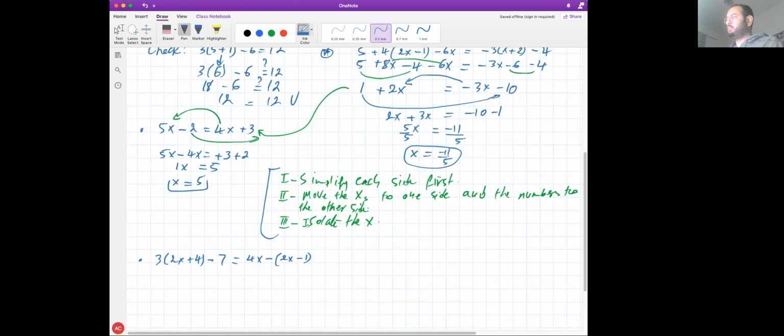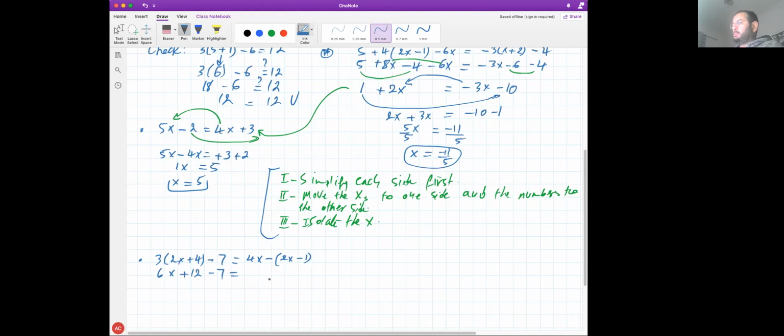So the first thing is to simplify each side. We're going to work on this by itself, work on this by itself. So distribution first. 6x plus 12 minus 7, and what exactly happens here? Distribute. Okay, what exactly do we get? 4x. Where do you get the 4 from? 4 and the 2, right? I mean, 4x and then